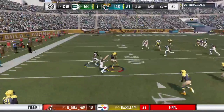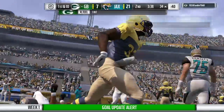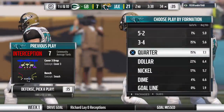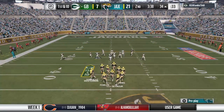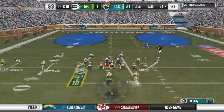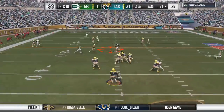He rifles one that's intercepted. A great read, and it's picked off. And his guys are going to take over at the 34-yard line. The Packers offense now, they get ready to head back onto the field. And they're going to need another score. Got one last time, but still down here. When you're playing catch-up, every possession becomes crucial, doesn't it? It's vital. Get back out on the field, punch it in the end zone again. They know it's not easy, but when they do...